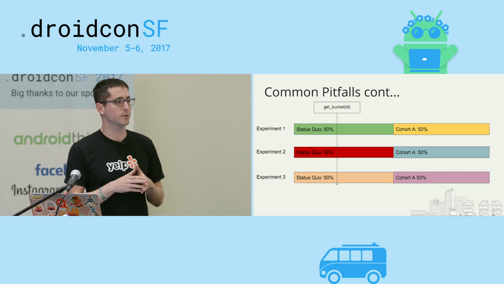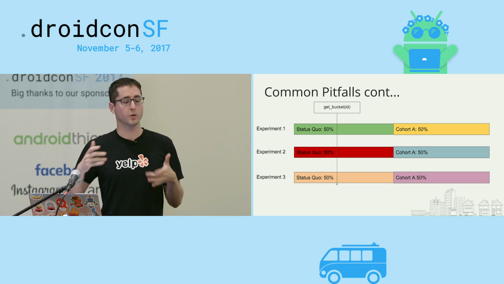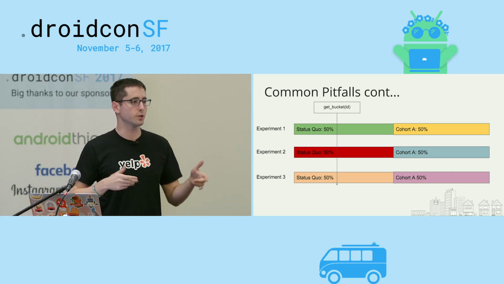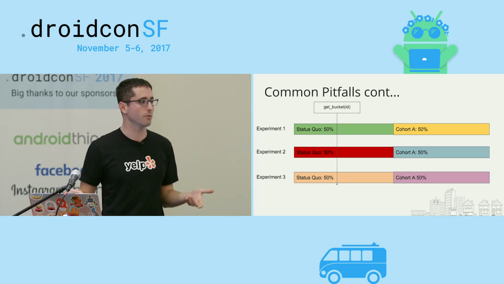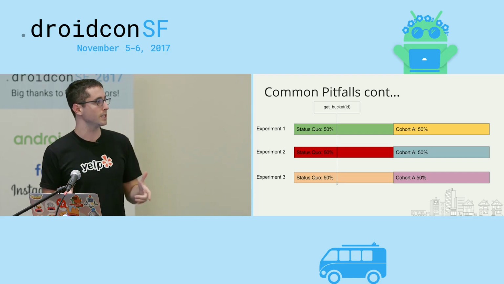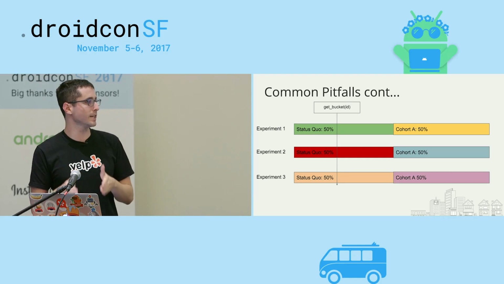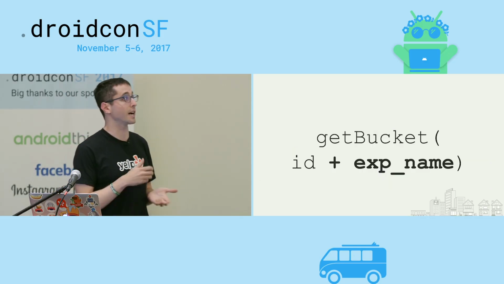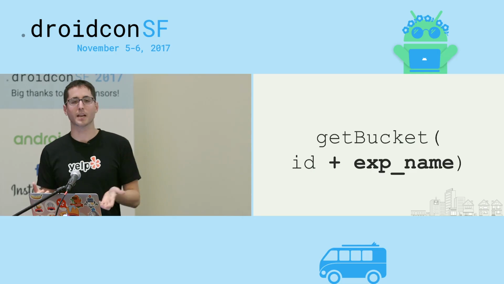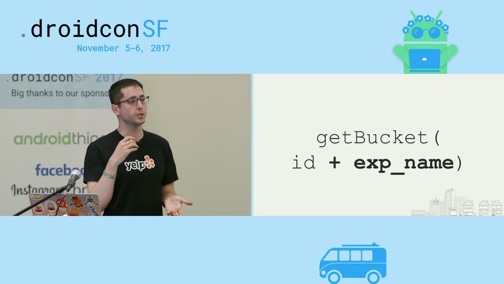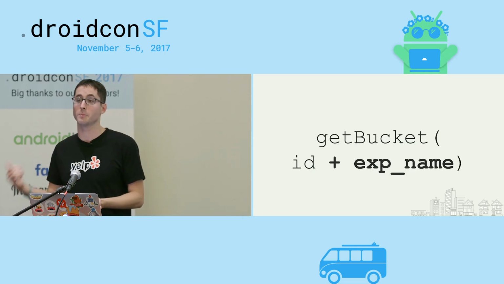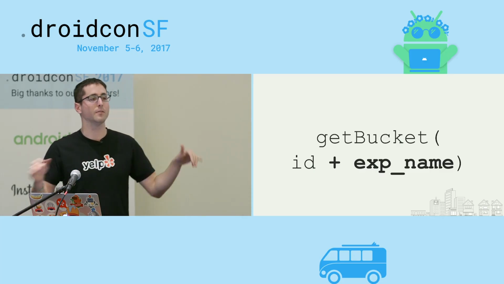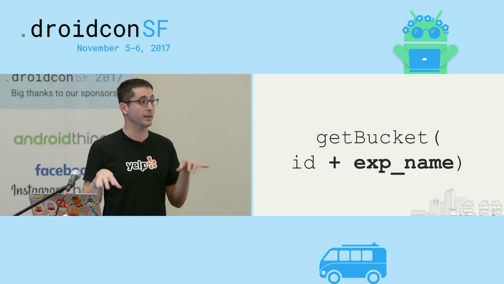So you can't, for example, run 2 experiments on the same page and say, well, our users will just be randomly assigned to both of them, so it's okay to run those experiments simultaneously, because in a very real sense, the experiences are not independent from each other. The solution to this is actually really simple. Instead of just hashing an identifier, you hash an identifier and then append an experiment name before you call the hashing function. And so in this way, your users will get evenly distributed across that range, and it'll be random according to